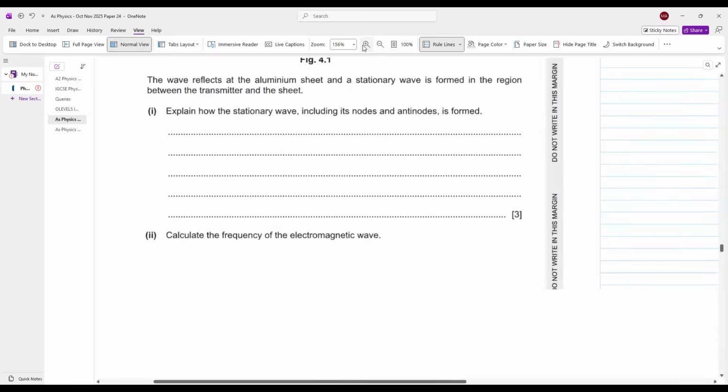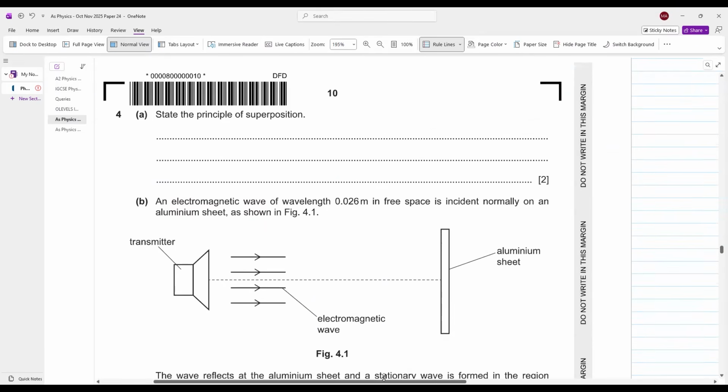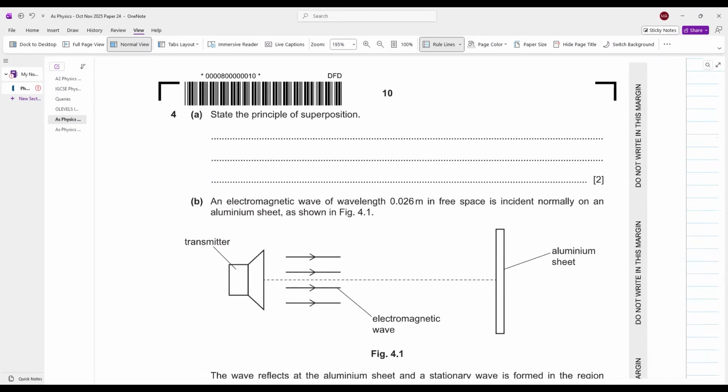स्टेट द प्रिंसिपल ऑफ सुपरपोजिशन। प्रिंसिपल ऑफ सुपरपोजिशन क्या कहता है? वेन एवर टू और मोर वेव्स ओवरलैप, when two or more waves meet, overlap, the resultant displacement is the sum of individual displacement. So you can say when two